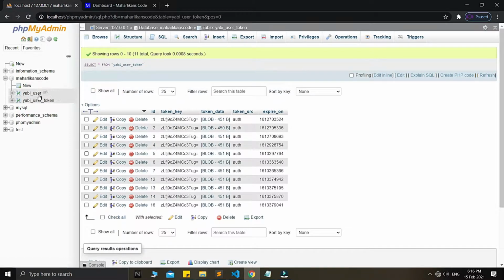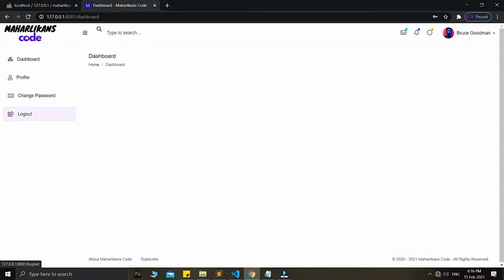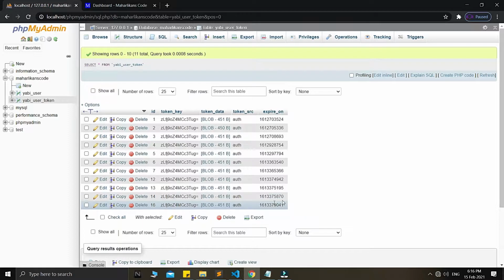In our case for the Yabi series, there is an is active or is deleted flag, or some people use a status put to D for deleted. These are all soft deletes. A hard delete means you physically delete the row. So when the user clicks logout, immediately we log out here as well, and it is automatically deleted from our Yabi user token, our customized Golang map for our token. There are two things. This one is for the persistent one. We want to physically delete it immediately because we want to keep it